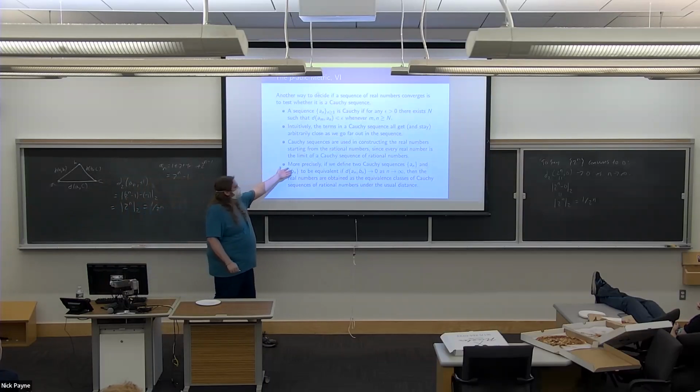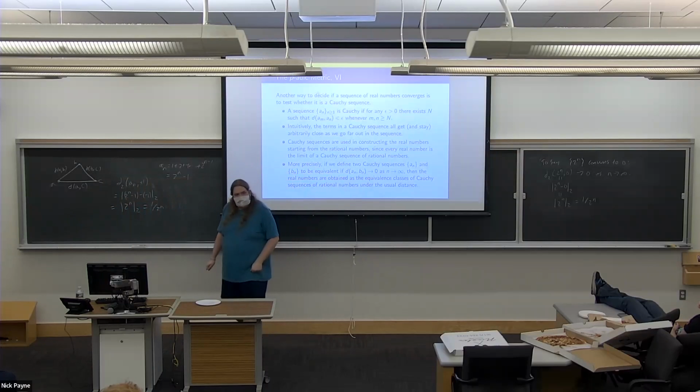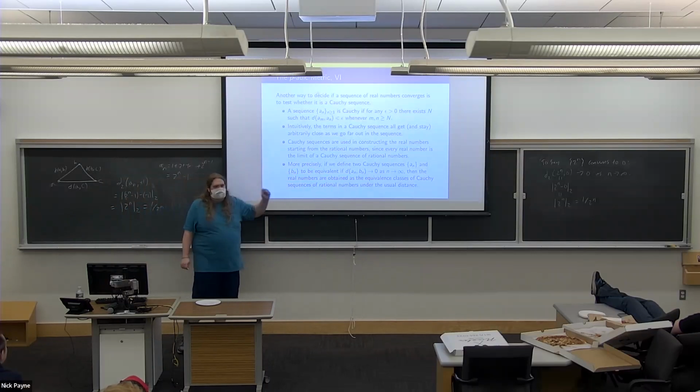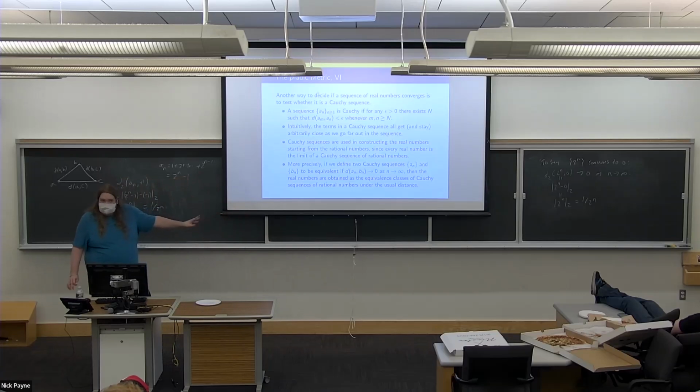And so how do you do that? You declare two Cauchy sequences to be equivalent if the distance between them goes to 0 as you go far out. In other words, they sort of have the same limit, so to speak. So you can just use Cauchy sequences as your numbers. Yes, exactly. And then you just say, I declare the real numbers to be the equivalence classes of the Cauchy sequences. And then you prove that you can add and multiply and divide them and that it's all consistent. Which is a huge pain in the butt if you try to do it directly, but it's true. And someone did it once upon a time, and now everyone can just talk about the real numbers.